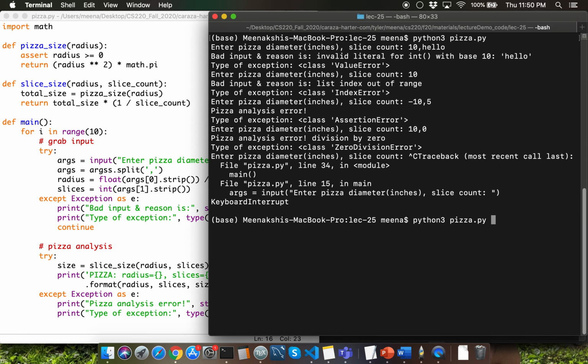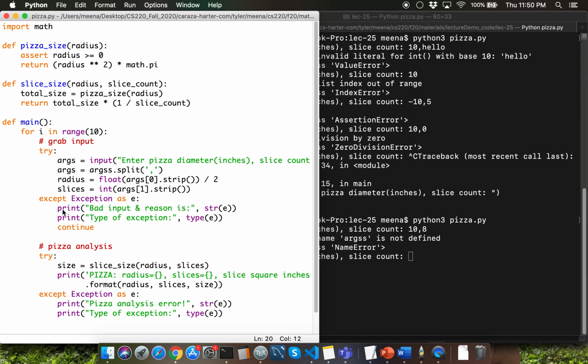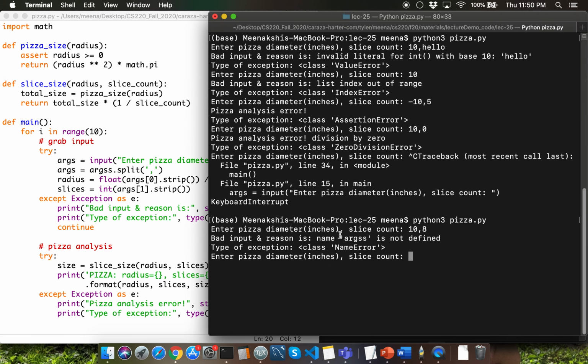Let me run the program and let's see what's going on. So I'll try valid input. I'll say 10 comma 8. Notice that we are able to capture that exception in the except block, the code runs, and we are displaying the reason as name args is not defined, and you're running into name error.